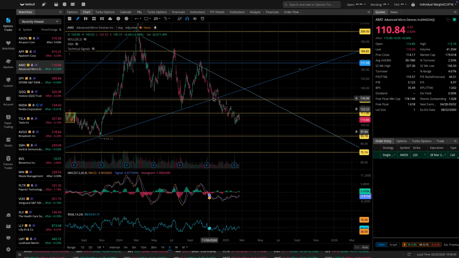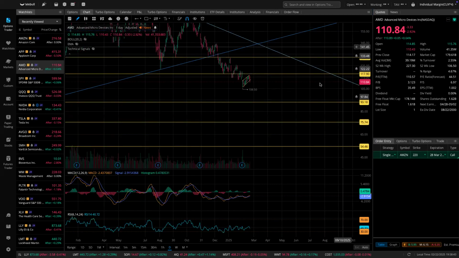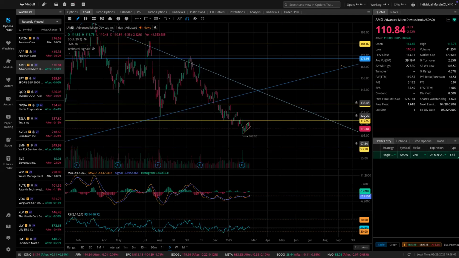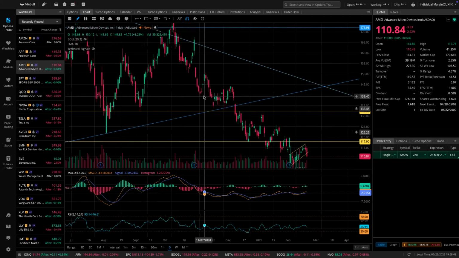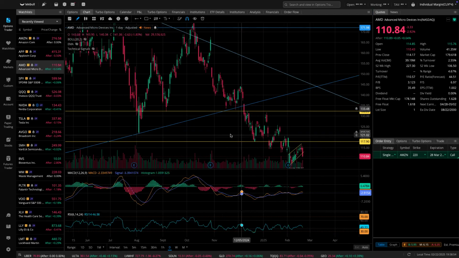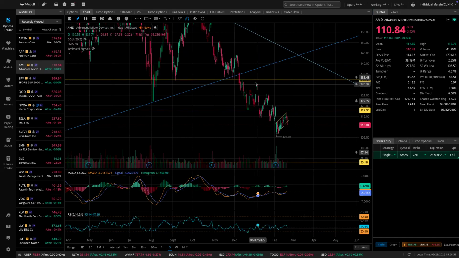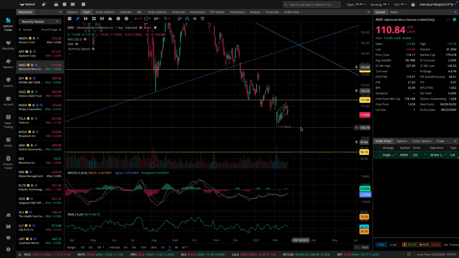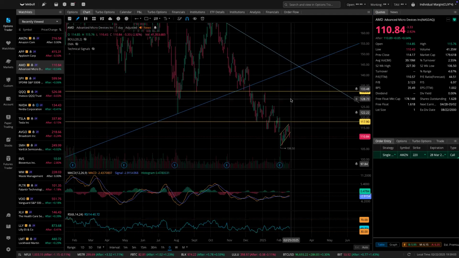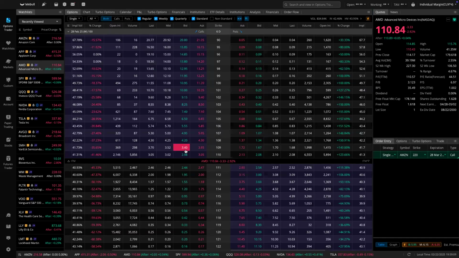I thought this was going to hold. Right here it broke the level. It tested twice, 1, 2. I thought it was going to hold, but it ended up breaking the level. But I had bought a contract on AMD, and the value of my contract went down. But guess what? I'm not selling it, because I have AMD for 2 years. I'm in the contract for AMD because this is where your money really is.